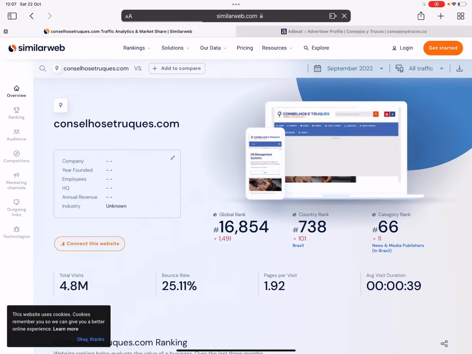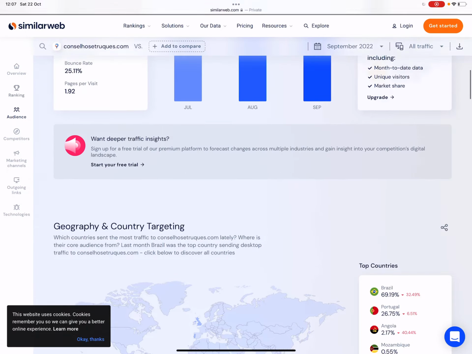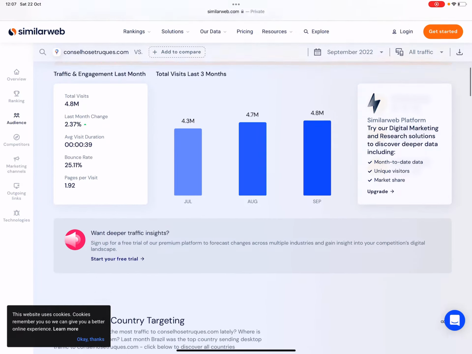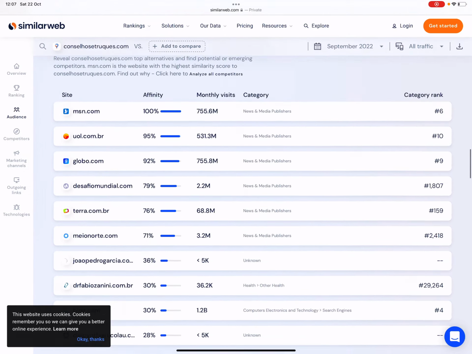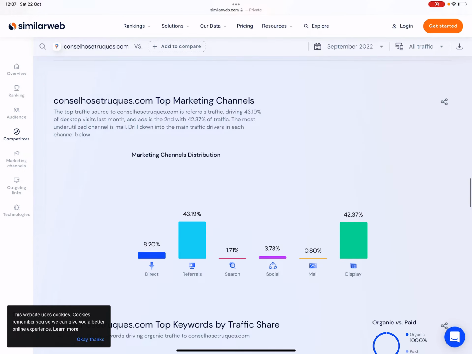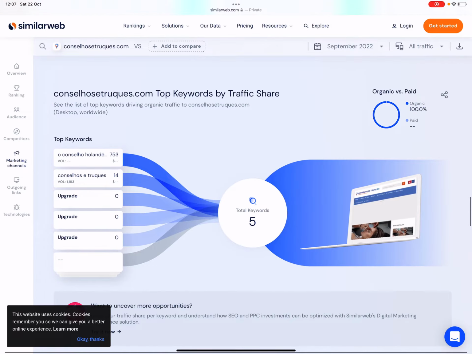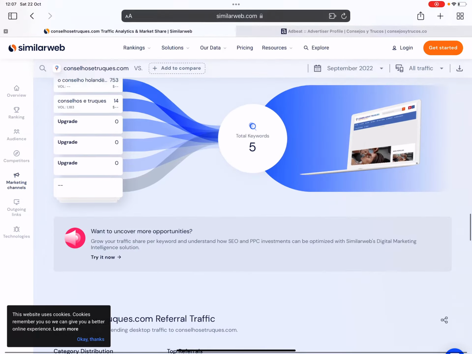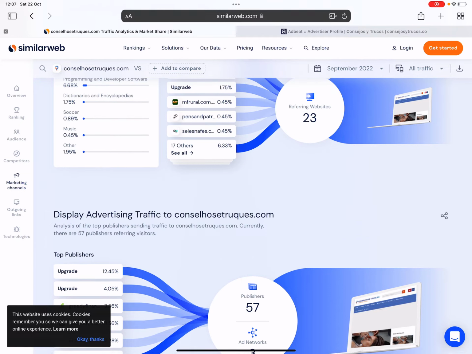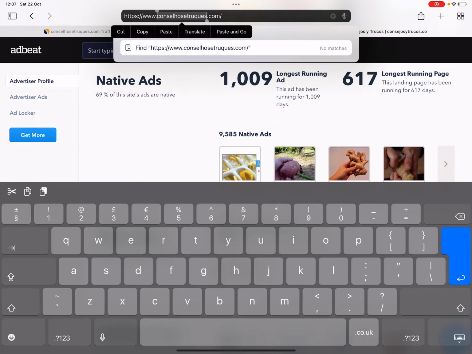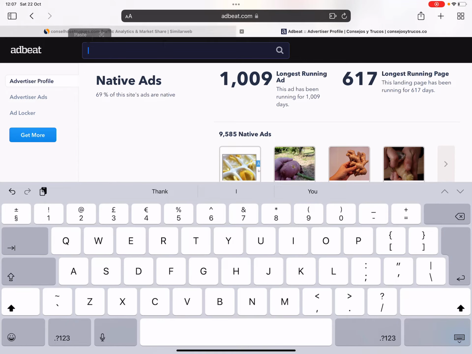4.8 million visitors, another website, huge, massive. Look, consistently 4.3, 4.7, 4.8 every single month. Consistent traffic coming in again and again to your AdSense website. It says 42% native display ads. Same ideas, same concept. So this is what you've got to understand: just websites sending traffic from ads to the websites again and again, which allows us to ultimately create massive success.